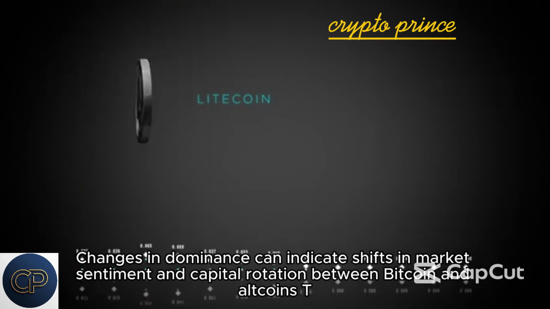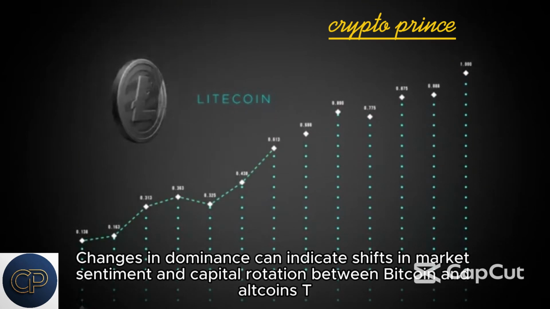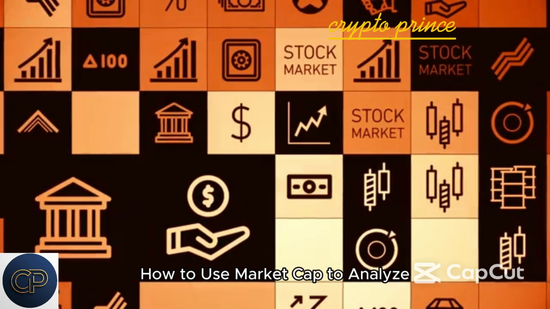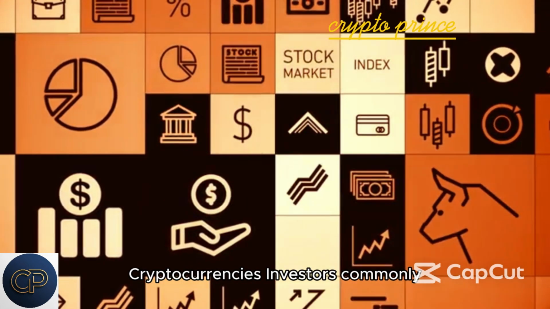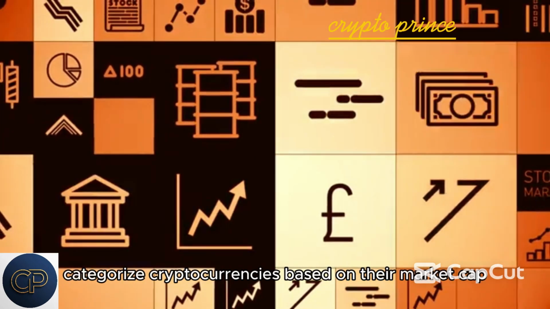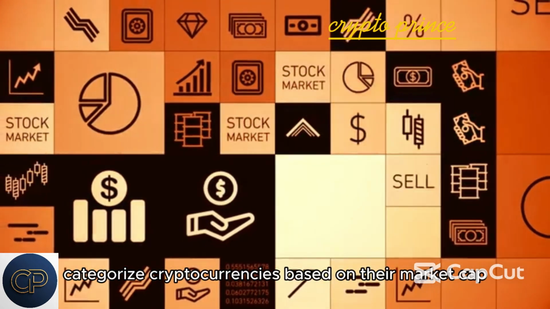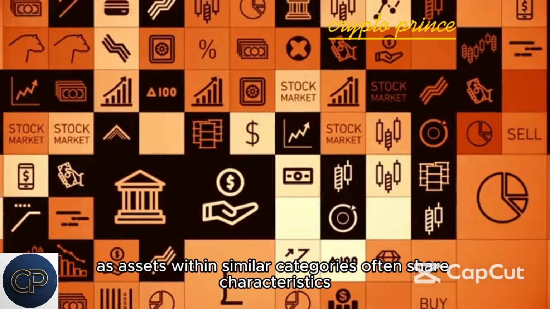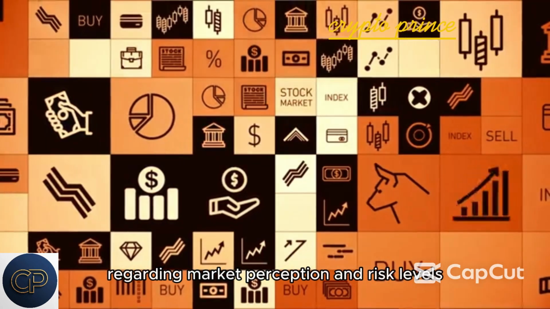Changes in dominance can indicate shifts in market sentiment and capital rotation between Bitcoin and altcoins. How to use market cap to analyze cryptocurrencies. Investors commonly categorize cryptocurrencies based on their market cap, as assets within similar categories often share characteristics regarding market perception